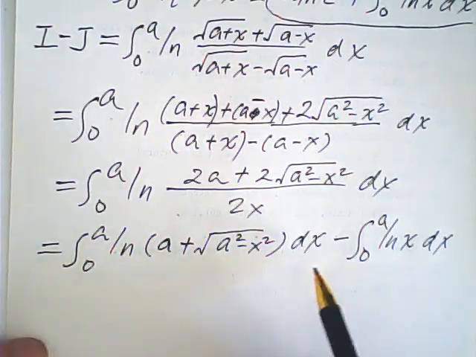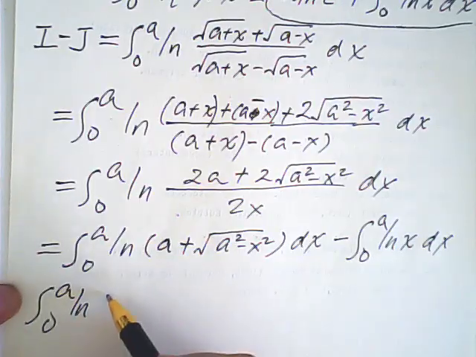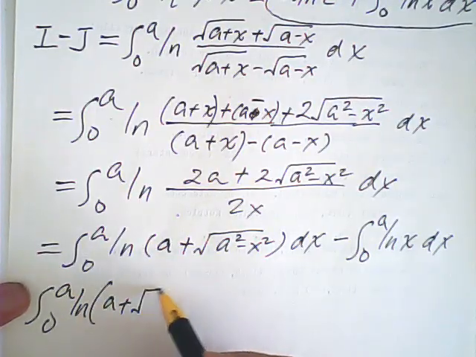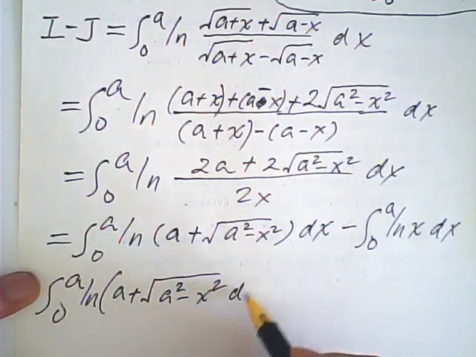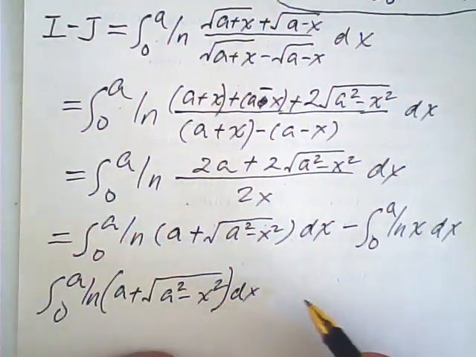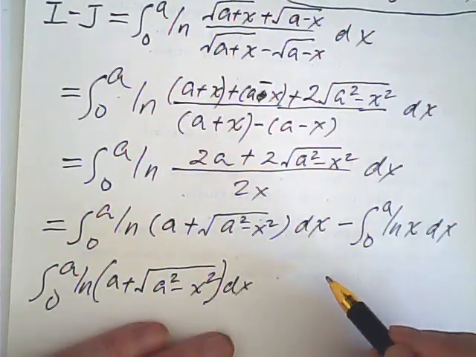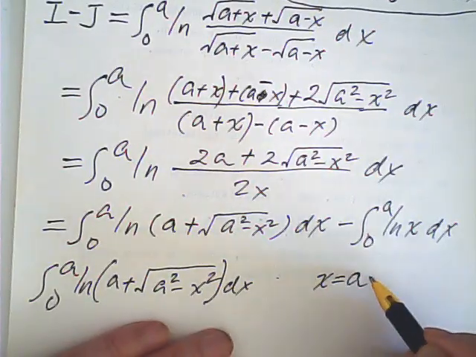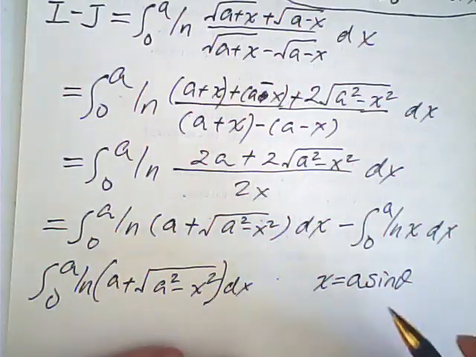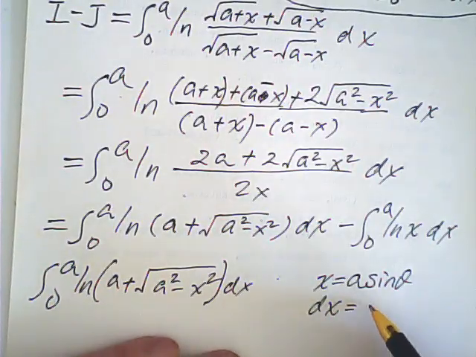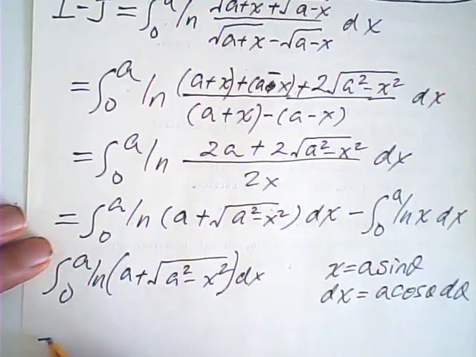And let me consider this integral separately: log of (a plus the square root of a squared minus x squared) dx. I use a substitution, right? Let x be a sine theta. So dx will be a cosine theta d theta. So this integral becomes